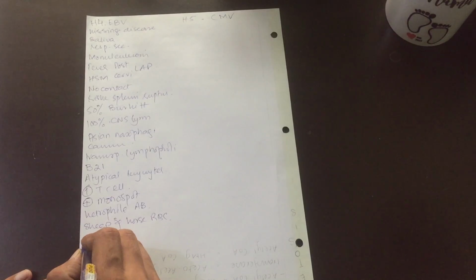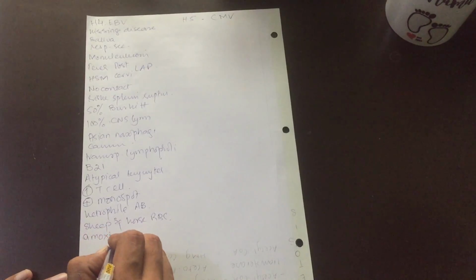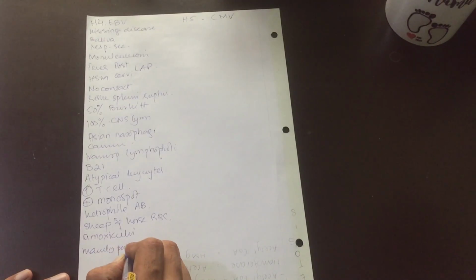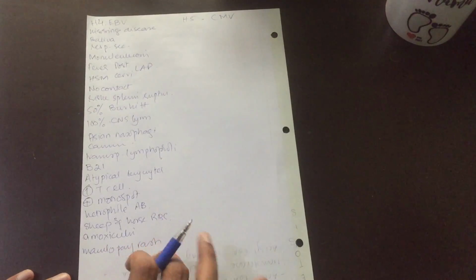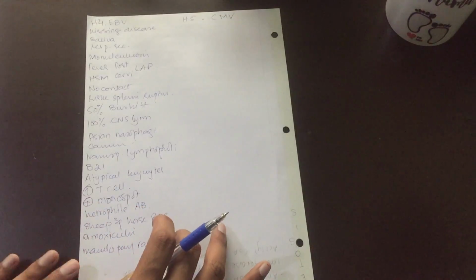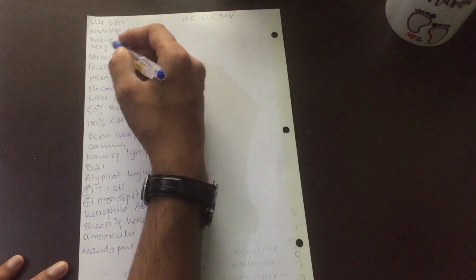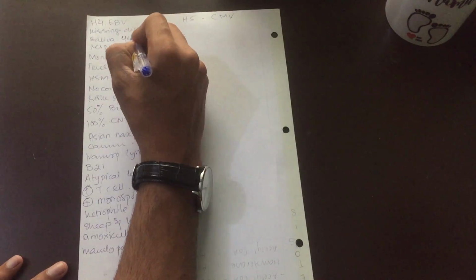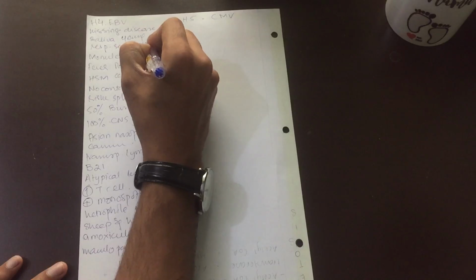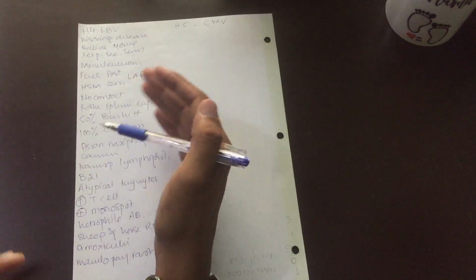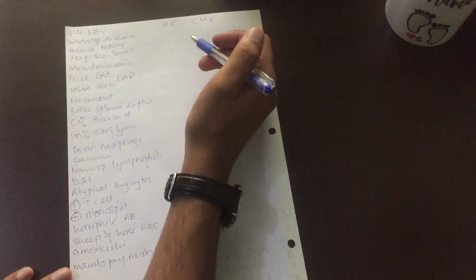Whenever there is mononucleosis and we incidentally use amoxicillin, then it can cause maculopapular rashes. So never use amoxicillin during mononucleosis. So kissing disease in young teens is very much common, and it is always latent. It can be reactivated and can cause a different disease when the patient is immunosuppressed.